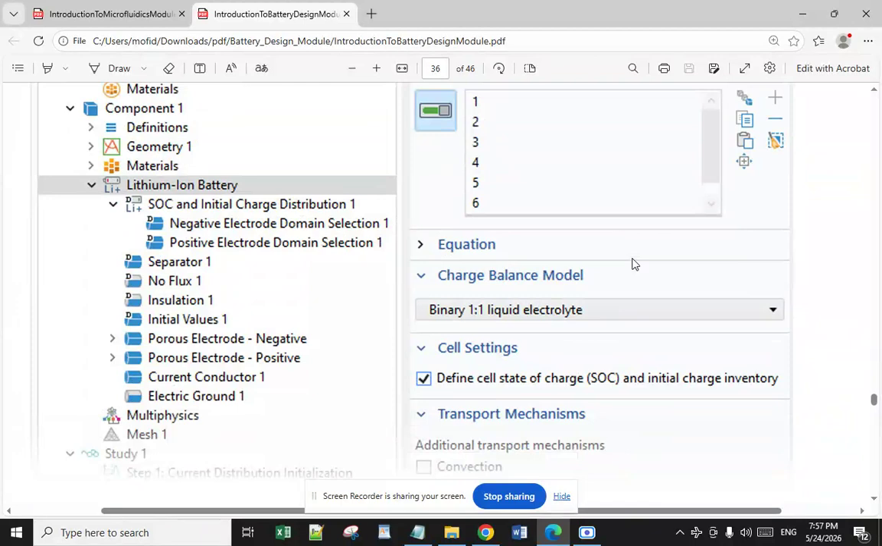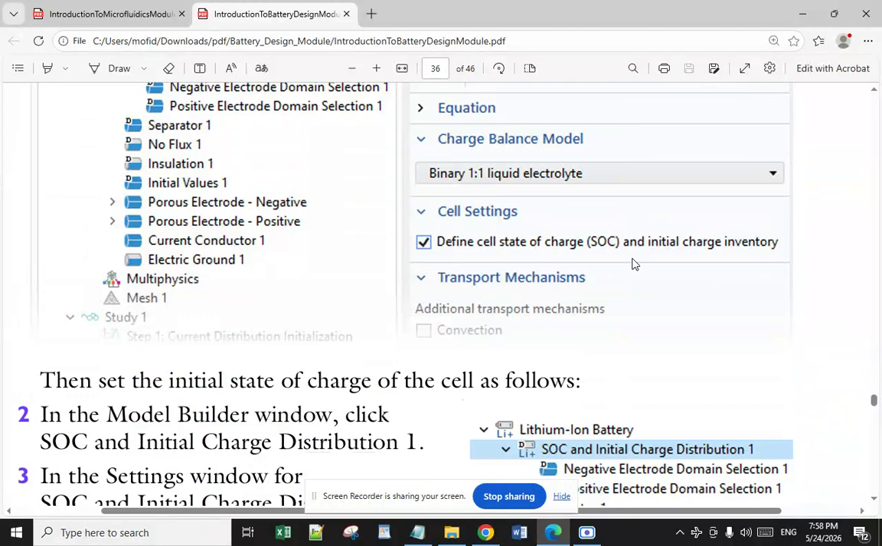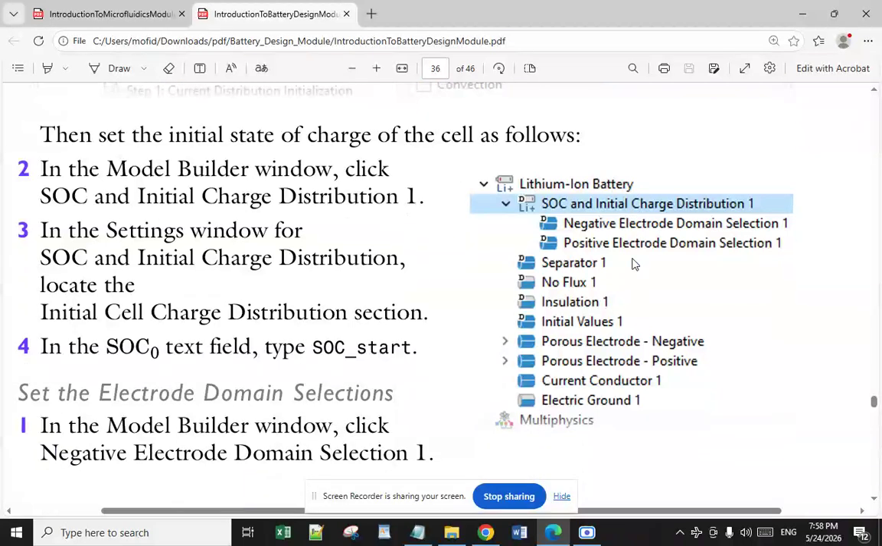Negative electrode domain selection, positive electrode domain selection, separator 1, no flux 1, insulation 1, initial values from porous electrode for negative pole, porous electrode for positive, current conductor 1, and electric ground. Then set the initial state of charge of the cell as follows. In the model builder window, click state of charge and initial charge distribution 1. In the settings window for state of charge and initial charge distribution,